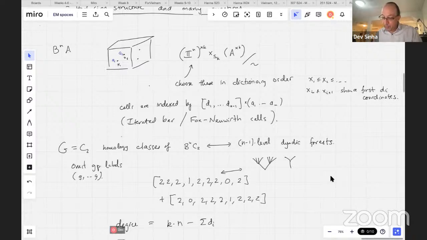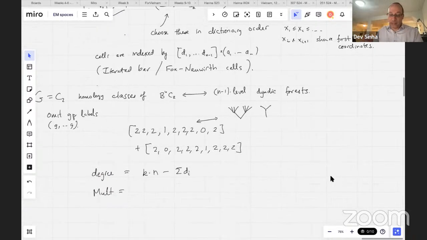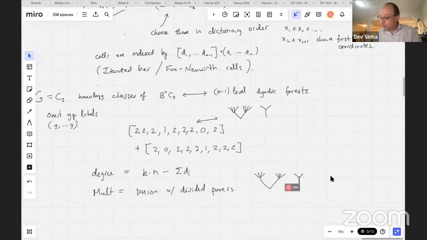And then the multiplication of these forests is sort of union, but as a divided powers algebra. So for example, our class above times another class where